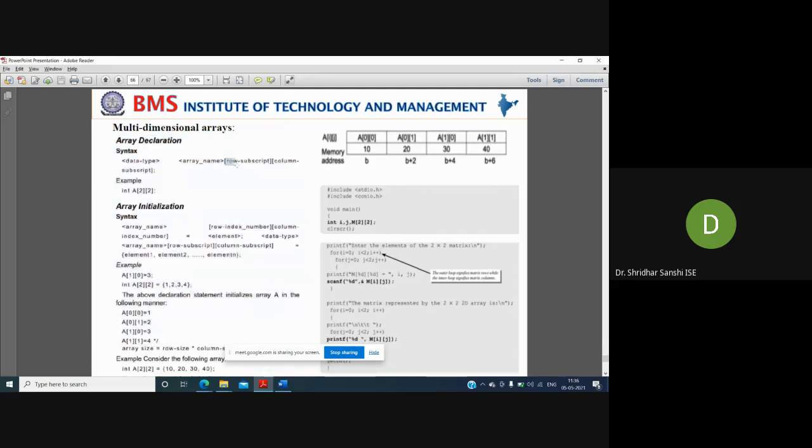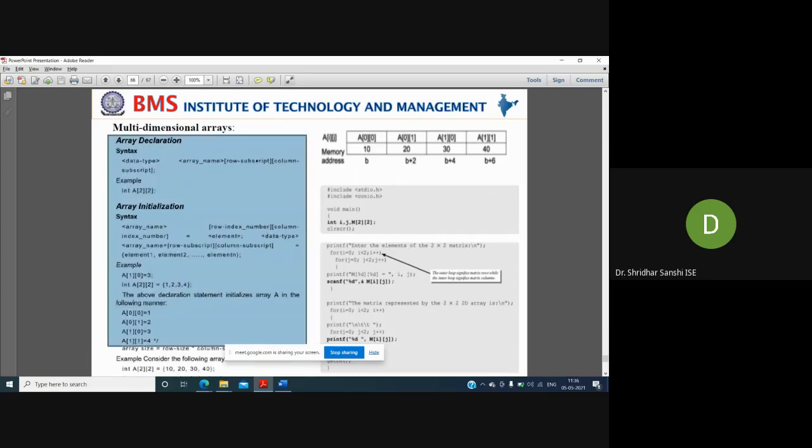There you specify only one dimension size, that is, square brackets and some size. But in the case of two-dimensional, you specify two brackets. The first value you give specifies the row subscript, and the second value is the column subscript.